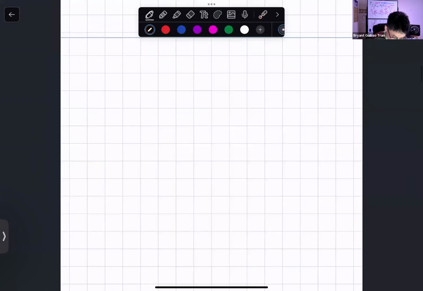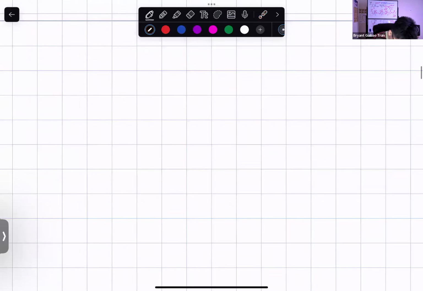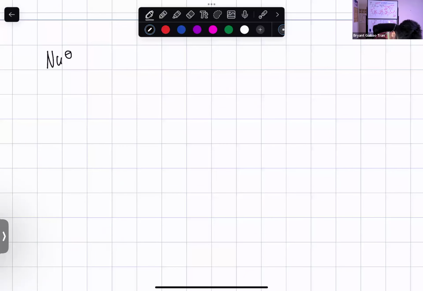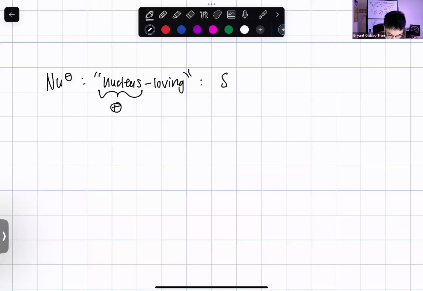So a nucleophile is going to be nucleus loving, right? And we know from Gen Chem that the nucleus is composed of protons and neutrons. So you could think of it as positively charged, right? So nucleophiles tend to have a partial negative or full negative charge, right? So